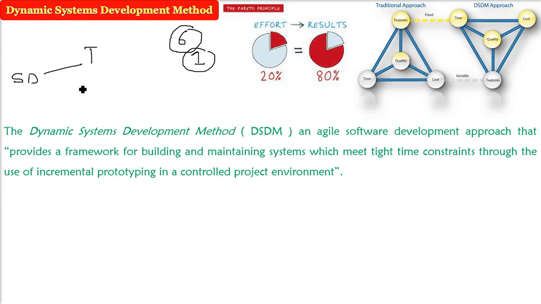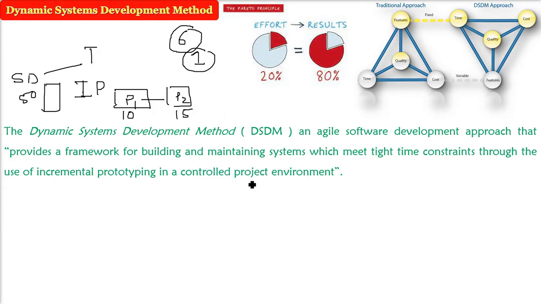So the dynamic system development method has its own peculiar property. One more thing here is incremental prototyping. Please remember, it is prototyping, and with incremental prototyping. So P1 is certain functionalities. P2 will be the increment of that functionality and will be a prototype also. But it is done under a controlled project environment. That is, everything is being checked, verified, right? Normally in prototyping, we just throw the prototype away. Here, no, we are not throwing it.